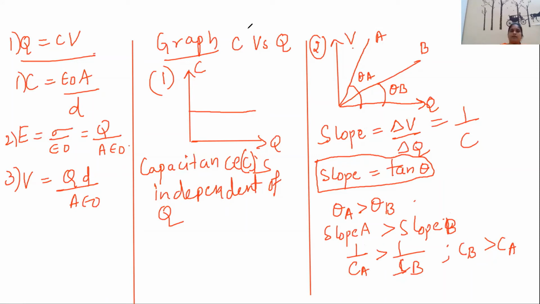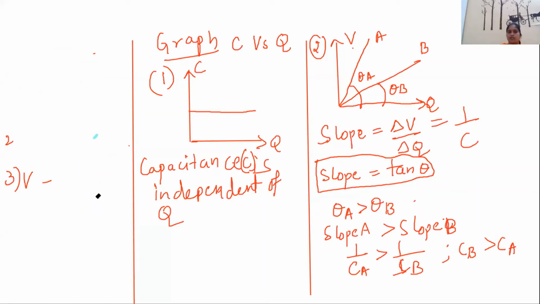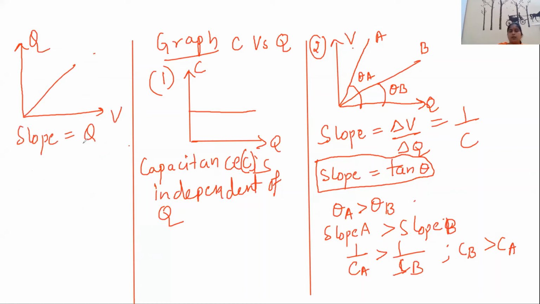Now let us check the same by reversing it. We take the potential on the x-axis and the charge on the y-axis. You draw any line. Here the slope of the graph is nothing but Q by V, which is the capacitance of a capacitor. So the slope of the graph is given by this. Even the area you can do, but in the upcoming lessons we will have it, because now we are not concentrating on that. So this is about the capacitance and the different types of it.